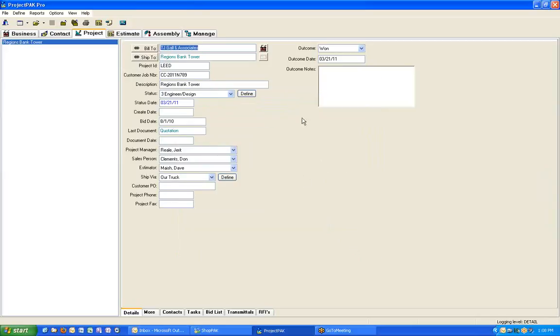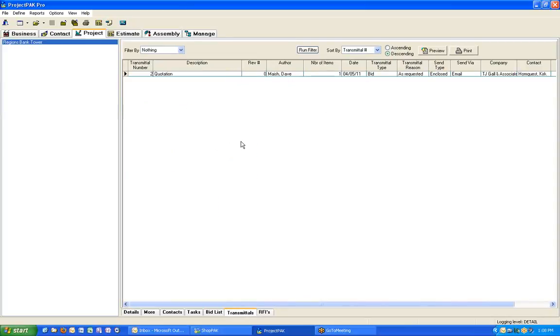To create a transmittal or an RFI, you simply open the project on the Project tab, and down at the bottom, there are two new tabs, Transmittals and RFIs. We'll go ahead and start with Transmittals. If I click on the tab, you'll see for this particular estimate, I've already created one transmittal, but it's a